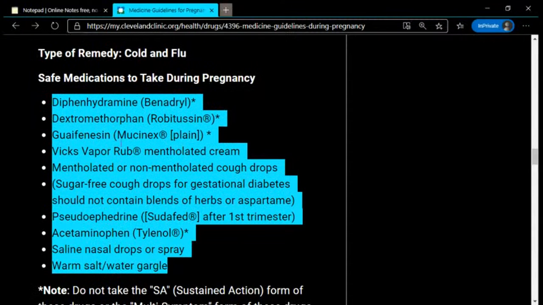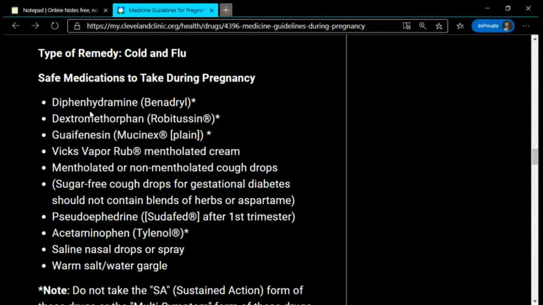Cold and flu medications that should be taken during pregnancy, which are safe for pregnant women, are diphenhydramine, Benadryl, methotrexate. Of course, we have the guaifenesin, and the Vicks Vapor Rub,